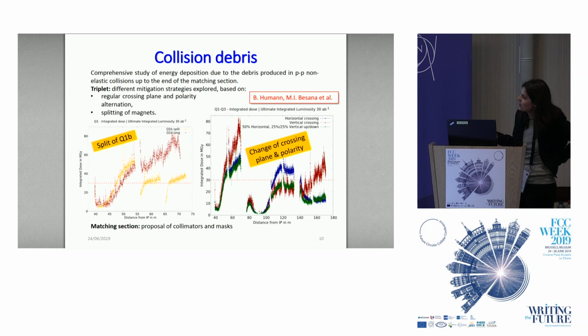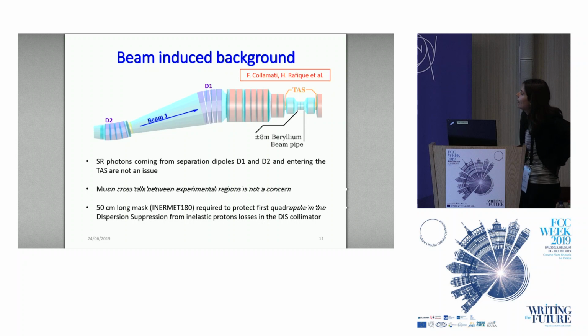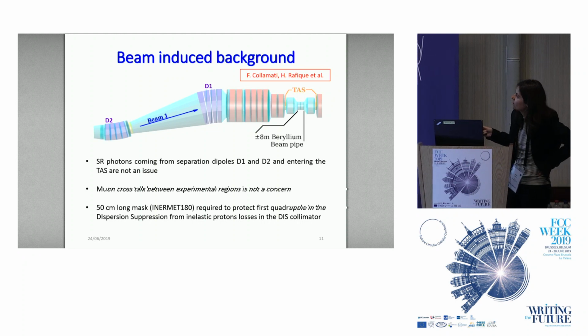Also, the splitting of the second half of the Q1, this part is a zoom of this, is able to bring very close to the present limit. Additional collimators and masks are proposed instead for the matching section. Also, the possibility that photons from synchrotron radiation coming from D1 and D2 hit the central part of the detector has been studied, and simulations show that this is not an issue. As well, muon crosstalk between two IPs is not a concern, while a 50 centimeter long mask is required in order